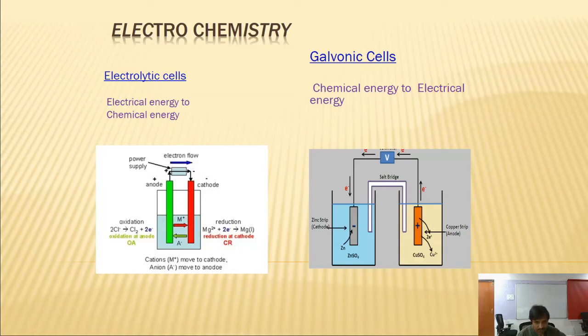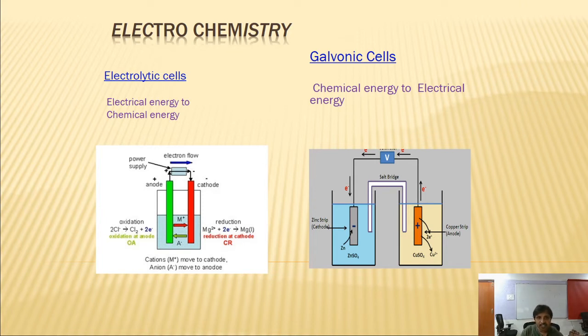This is the chapter which discusses the relationship between electricity and chemistry. Here we have two important topics: how electrical energy can be converted into chemical energy,